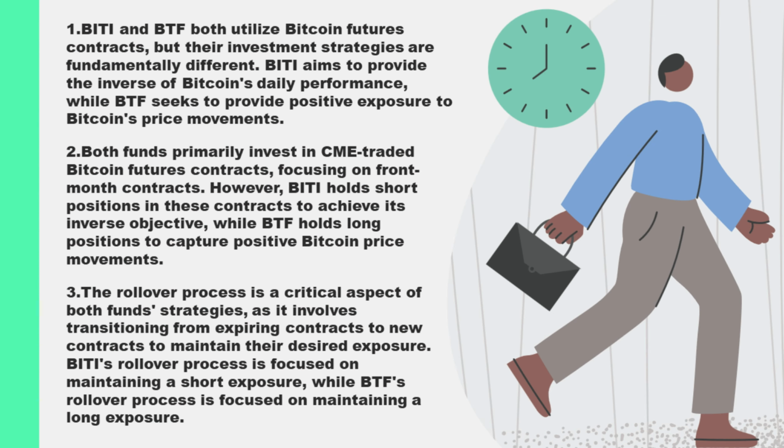BITI and BTF both utilize Bitcoin futures contracts to achieve their respective investment objectives, but they differ in the types of contracts they hold, their strategies for contract selection, and how they manage the rollover process. BITI, or the ProShares Short Bitcoin Strategy ETF, holds Bitcoin futures contracts to achieve its goal of providing the inverse